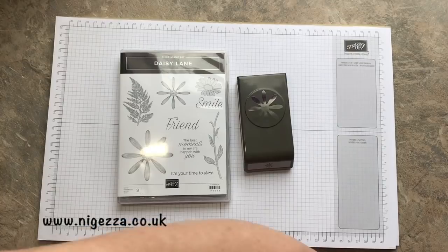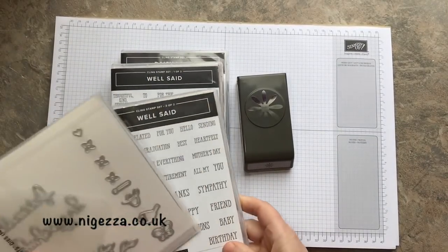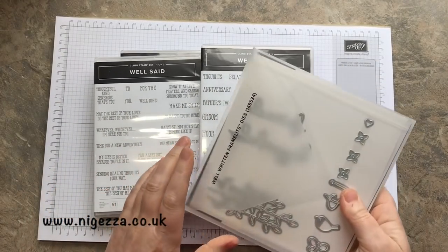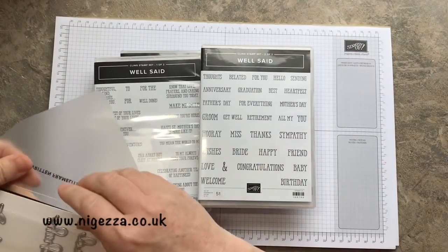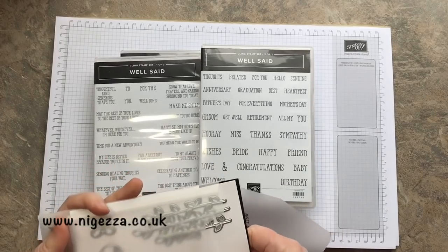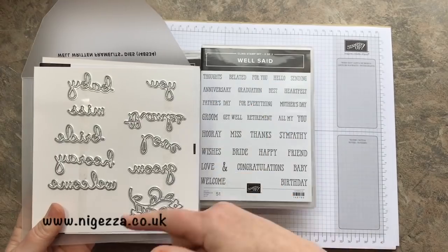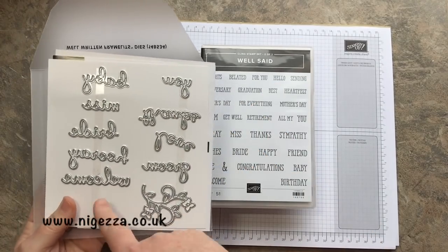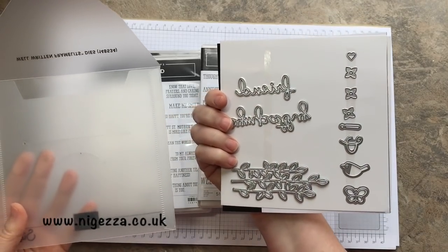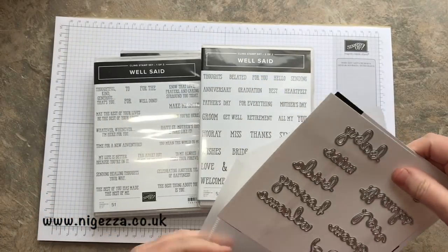I'm also using the Well Said, Well Written bundle, which is fabulous. I got this whilst it was still in a bundle, sort of the last thing I ordered from the catalogue. It comes with lots and lots of words that you can use. The wishes is out of it, and the birthday's out of it because I was using those. There are other elements as well. Really useful set, and lots